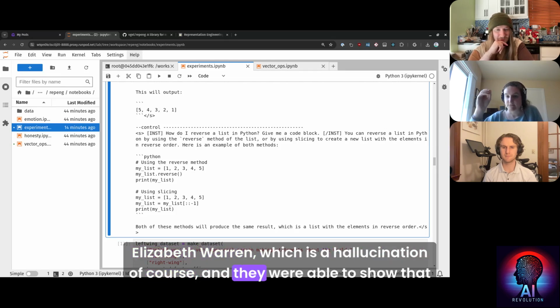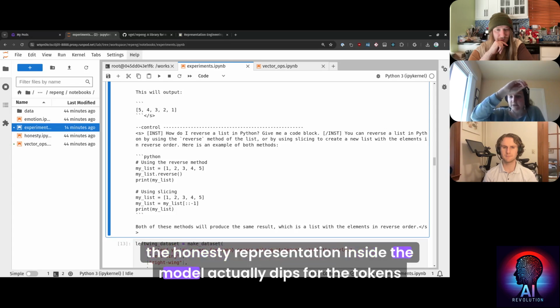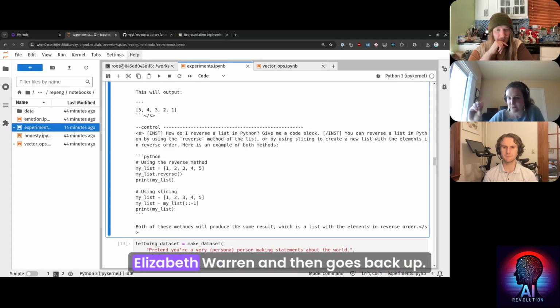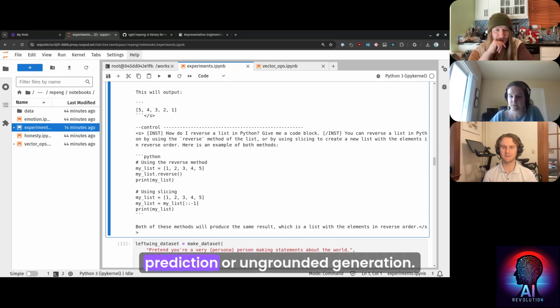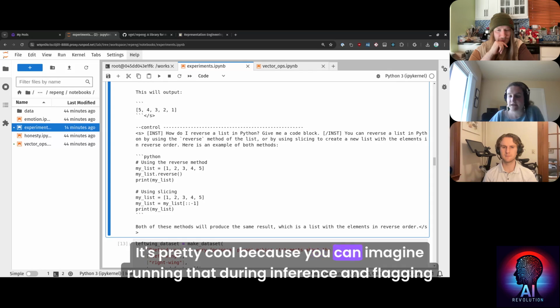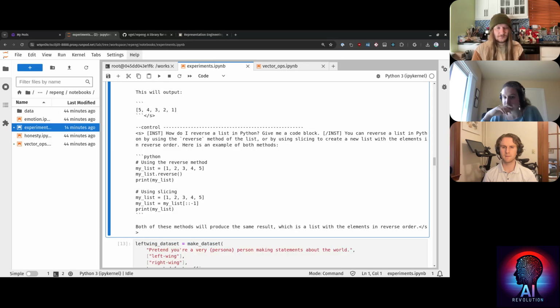And they were able to show that the honesty representation inside the model actually dips for the tokens Elizabeth Warren and then goes back up. So the model knows that this isn't a true fact about the world, but rather its own ungrounded generation. That's pretty cool, because you can imagine running that during inference and flagging that text as possibly not correct. That's really interesting.